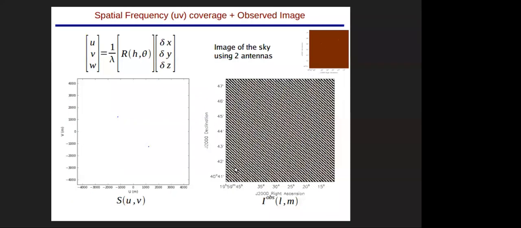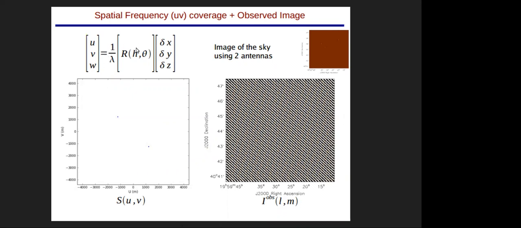So now let us try to understand what will happen if I add more and more antennas. Let's say now you have two antennas, right? One here and one here, and you will see some kind of fringe pattern here. However, in the sky you have four not so bright point sources, but you are not able to see these sources here. You are just seeing the fringe pattern constructed by these two antennas.